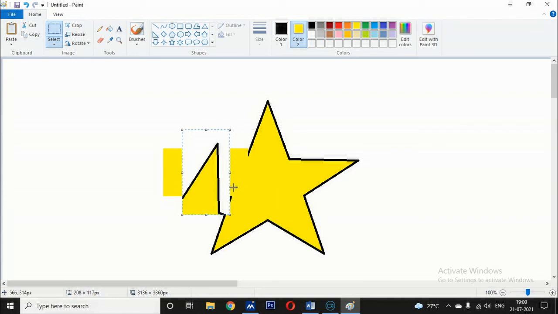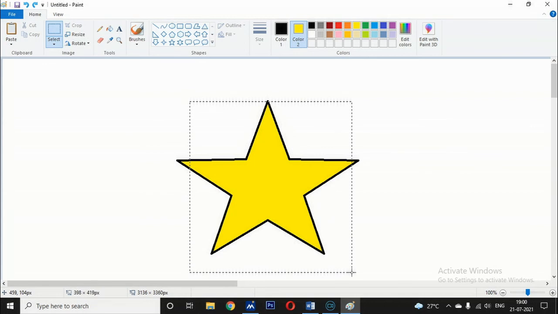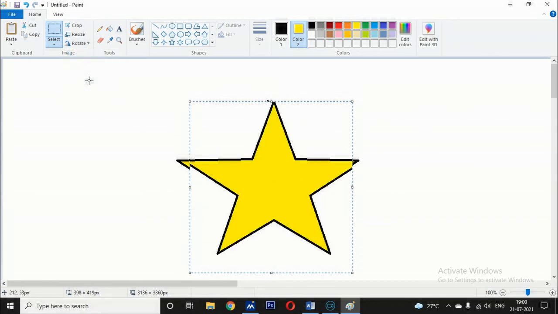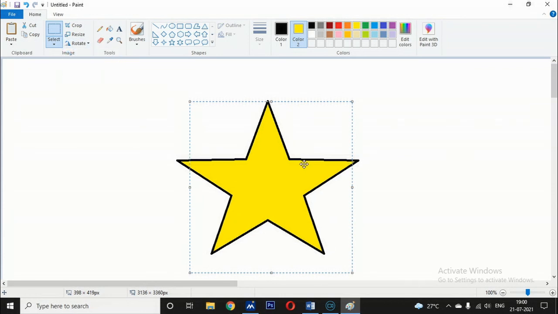Okay children, if you want to rotate these pictures by 180 degrees, just select this and give rotate 180 degrees, and it will come like this. And if you want to flip this drawing, select this, flip vertical, and it comes like this, and flip horizontal, it comes like this. I will show you the next one, so you can understand very well.